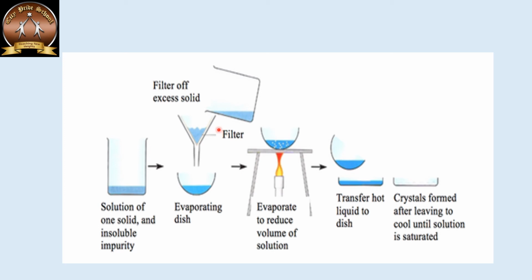Now, the main purpose of this filtration was that if there is an impure compound or impure sample which is not soluble in this solvent, it would automatically get separated out. Also, because of carrying out this crystallization technique, the liquid used as a solvent will contain all the dissolved substances that we are aiming for. After cooling down, only those crystals which are now insoluble at that temperature will crystallize out. Hence, we will get crystals of the desired compound.